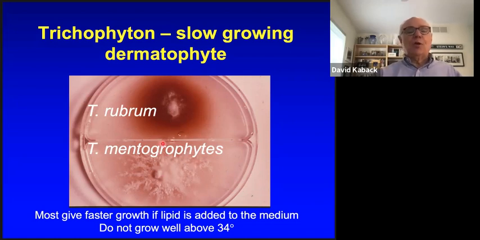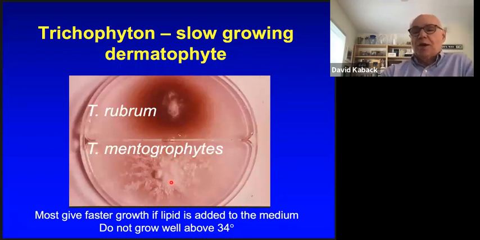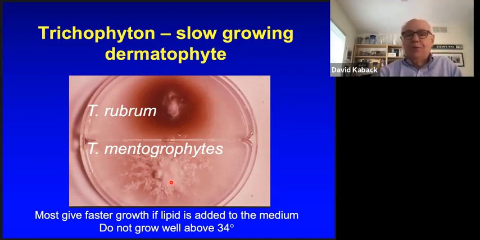These are slow growing. All of these three genera are extremely slow growing. It takes about a month to produce this growing on Sabouraud's agar. If you give it a little olive oil, because they like lipids, it'll grow a little bit faster. And most important, it won't grow above 34 degrees, which is why we find them only growing on skin. Skin is a little cooler than the rest of our body, so they really don't want to go internally. They can barely grow at 34, 37. They're pretty much incapable of growth.